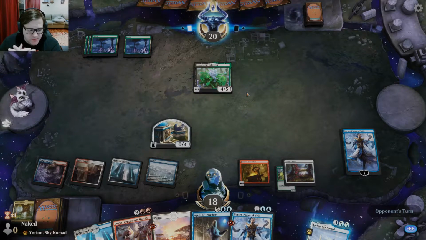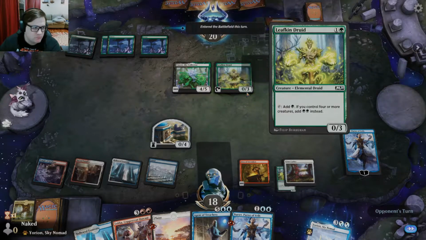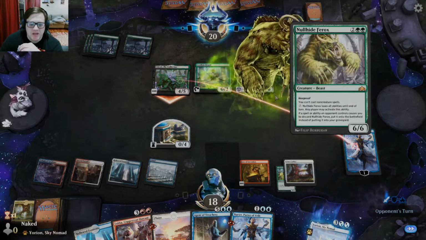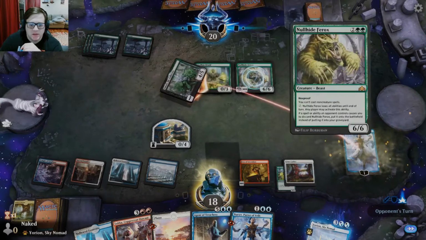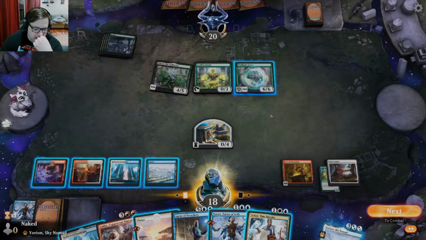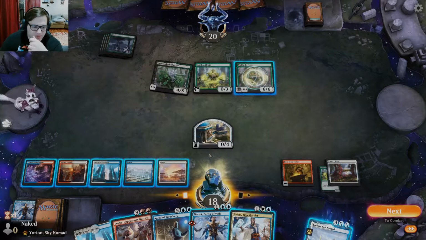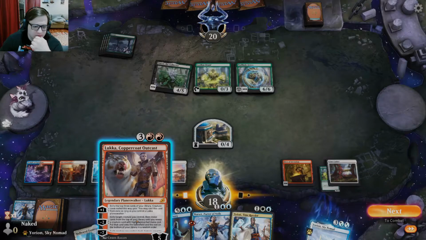It would have been nice to get a Teferi here, but he's only got green mana, so he's not even mutate. Right? Ooh, he's playing big boys. No blocks, daddy. Aww. I was not prepared for this. Ooh. Okay. Well, obviously we go for the big boy play, right? So we do